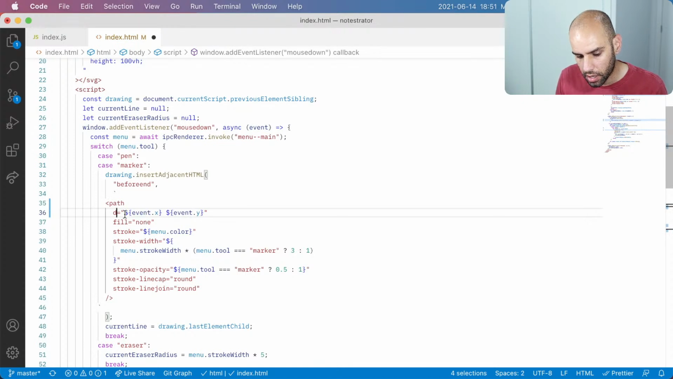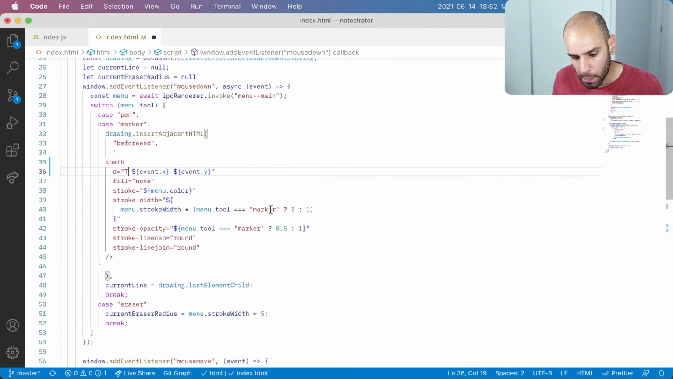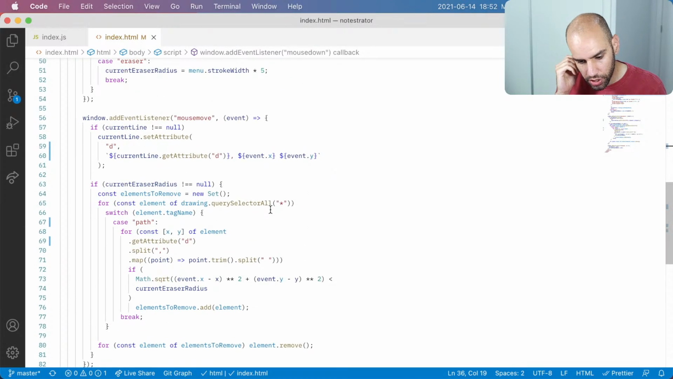And then D will start with move to this location and then start drawing with a T. I don't know. What if we just say T like this and then start giving it coordinates? Does the first coordinate move the cursor to the right location? Maybe. And then we also have to check here in this location where we have the eraser. We need to change the way that we are